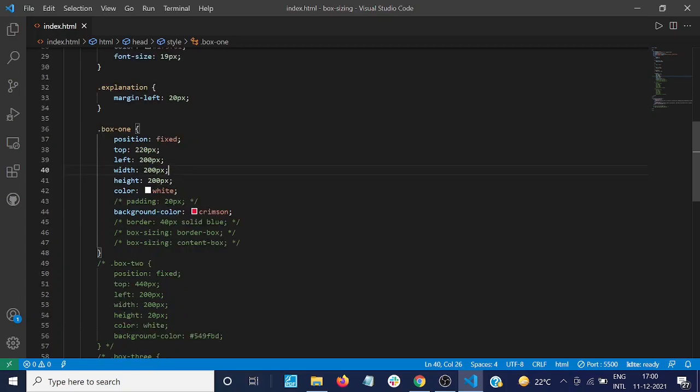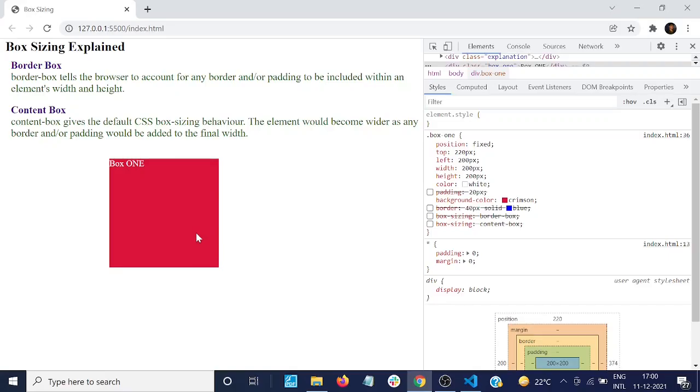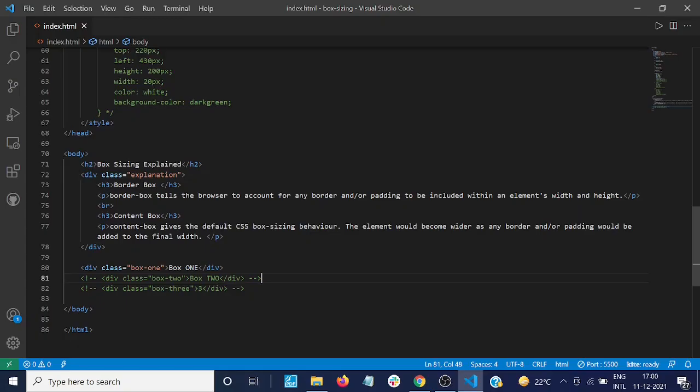We can see the result on the browser right now. So here we have the text, the theory which we had read, and the box 1 with a background color of crimson, width of 200 pixel and a height of 200 pixel. Now coming back to our code, we can have two other boxes with reference to this box, and they would have classes of box 2 and box 3, which I have written and commented earlier.